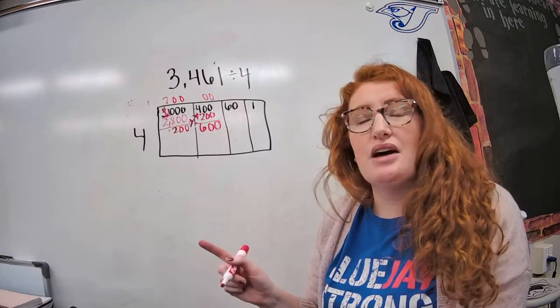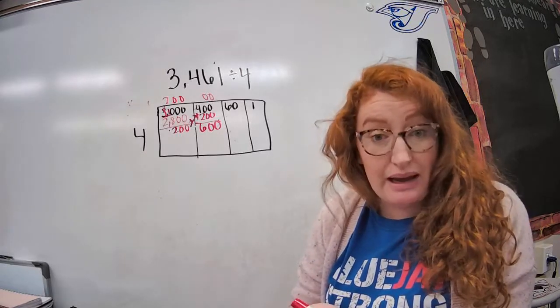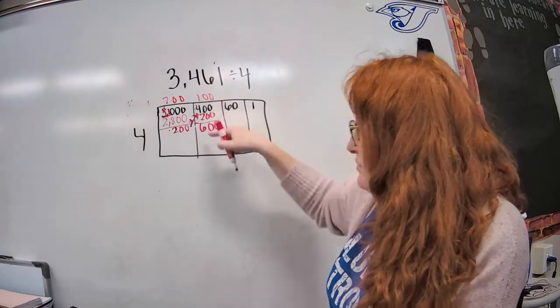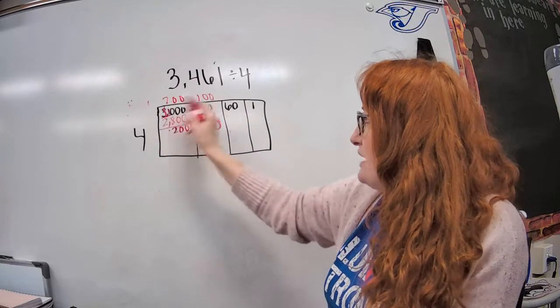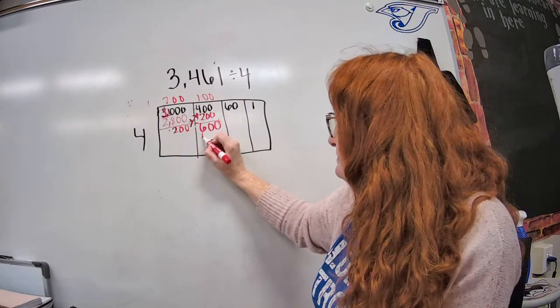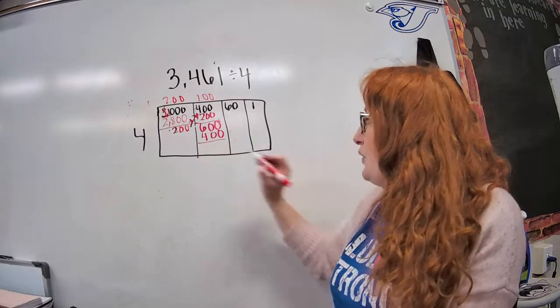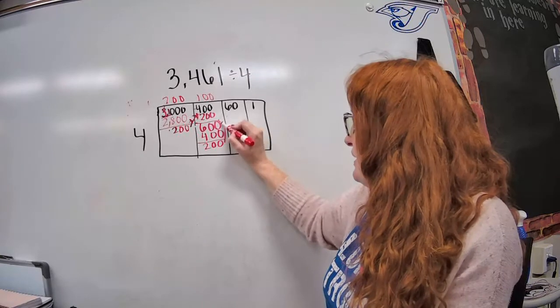And I think to myself, okay, 4 times 1 is 4. 4 times 2 is 8. 2 is too big, so it's going to be 1. So it'll be 4 times 100 because I moved my zeros up. So it's a little trick to make it easier. And then I check it. 4 times 100, that's 400. And there we go. And then I have left 200, which again, I'm going to bring over here